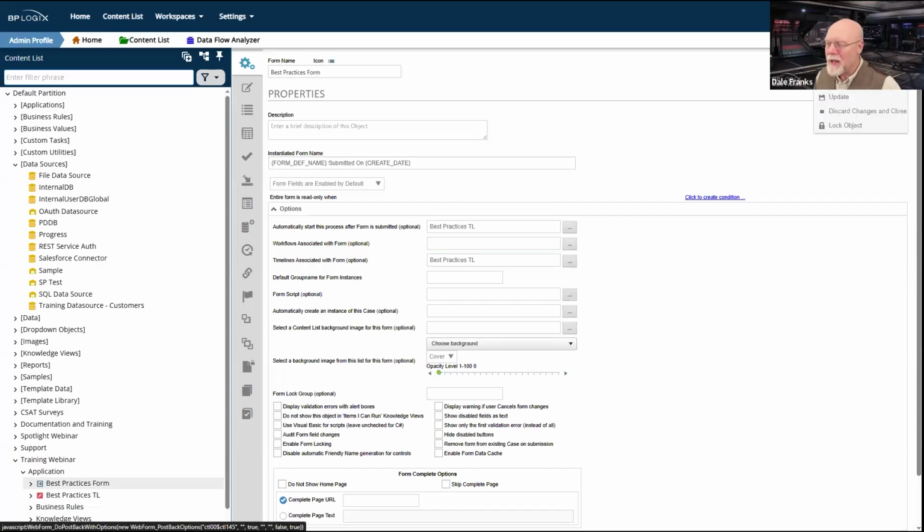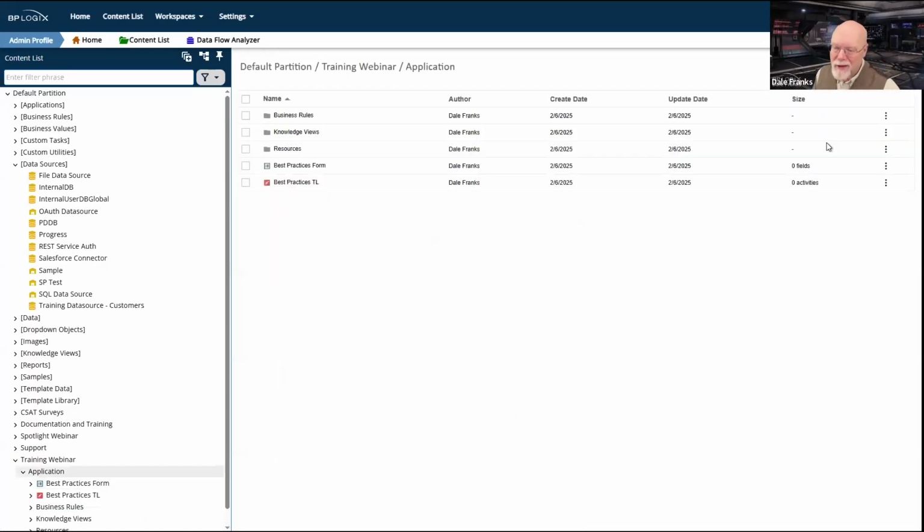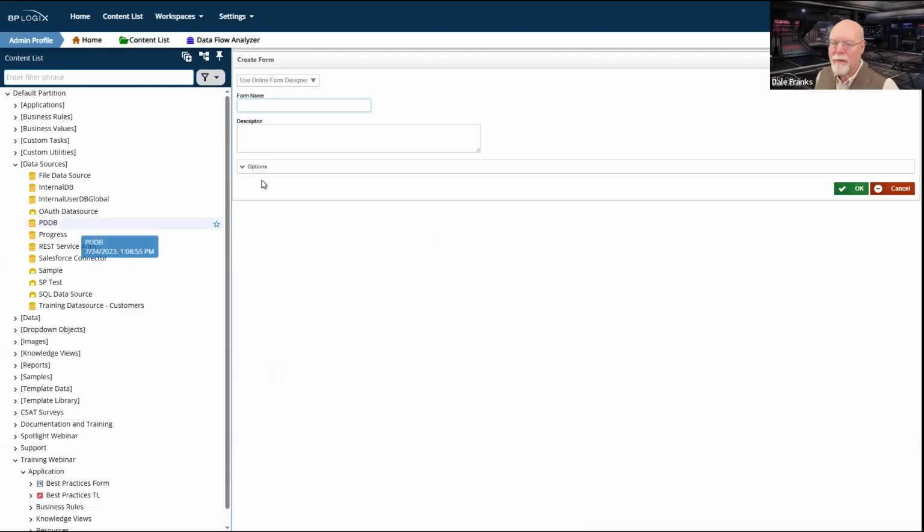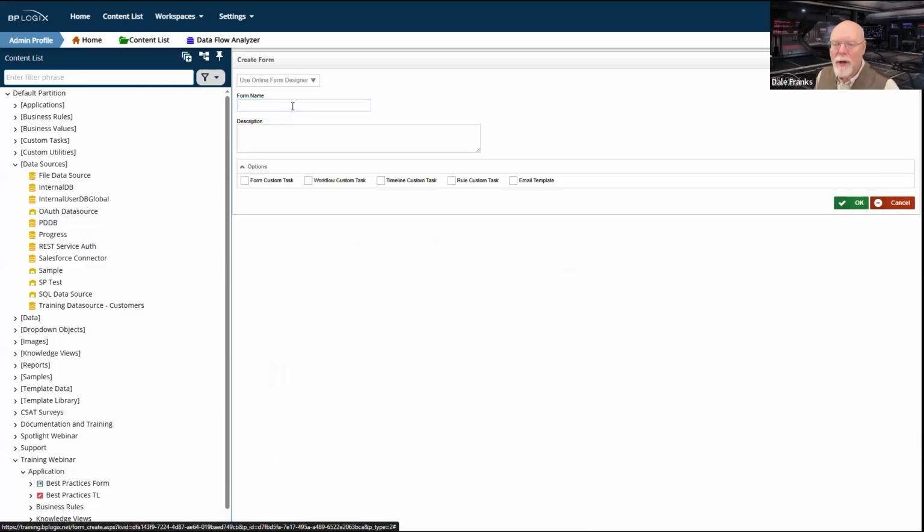Now, we mentioned the email template. We didn't create one, so we're going to go ahead and do that. So we're going to create a new email template. So once again, we're going to go to form definition. Now, at this point, before we do anything, well, I guess we need to give it a name. So we'll call it the best practices email. And we do need to make sure that it is an email template. This is super important